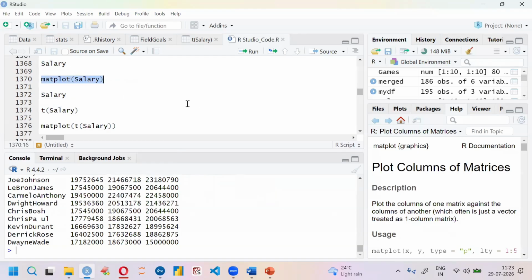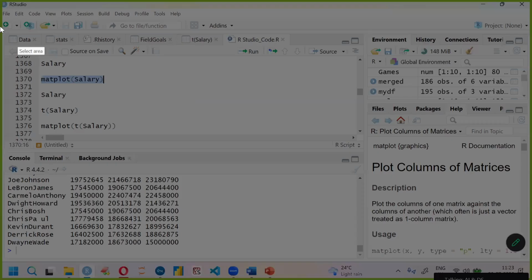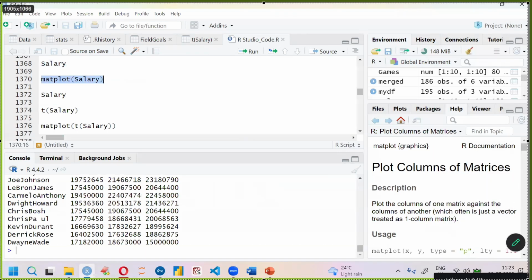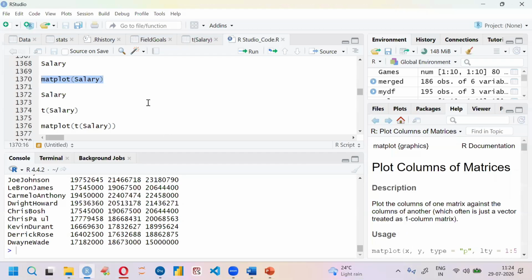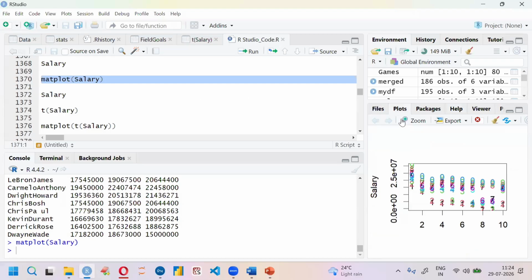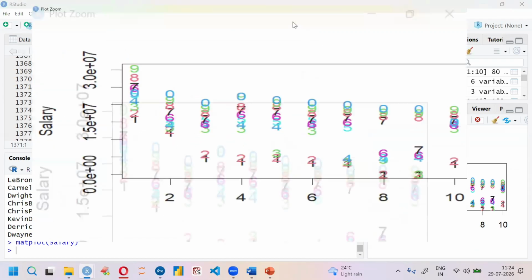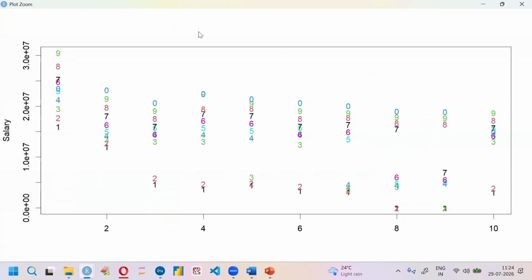Okay. So if you see here, guys, I want to plot something, and those plots, what you can see is you can see over here because you have something called as plots. Plots are visible over here. Okay. So run this one, matplot of salary. Correct. And say this is the plot. Okay. So if you observe here,